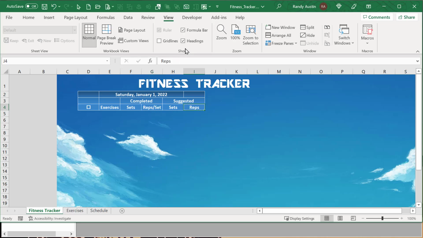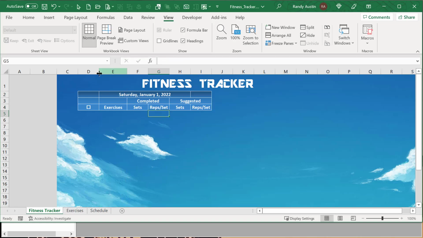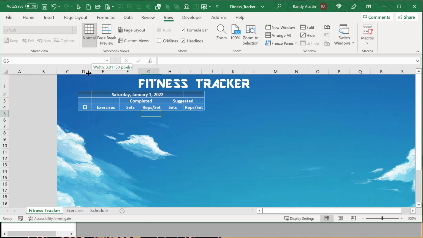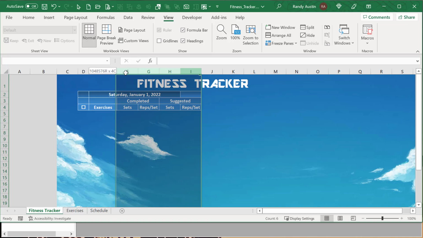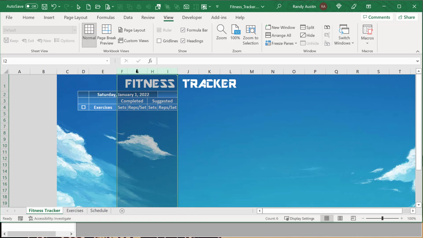And I want to do the same thing here, reps per set. And then what I'm going to do is just size them accordingly. So the exercise is going to have to be a little bit bigger. This is just going to be a check mark, so that can be small column, okay? And these can be basically the minimum. So what I'm going to do on that is just double click the column, and that's going to set those